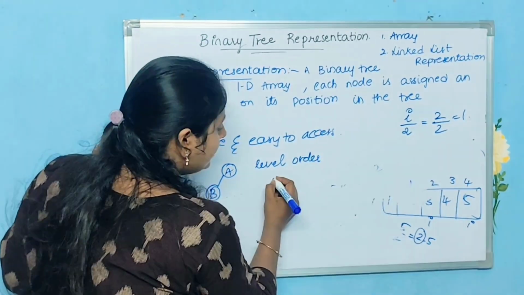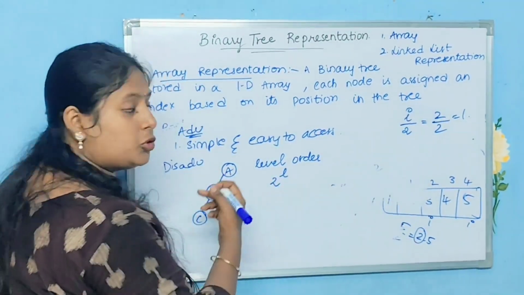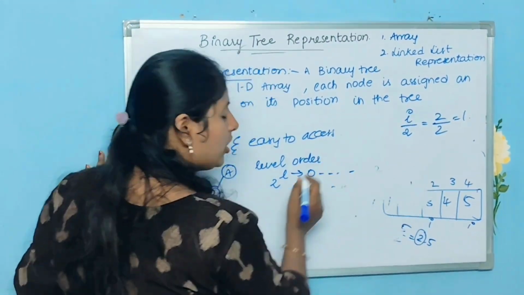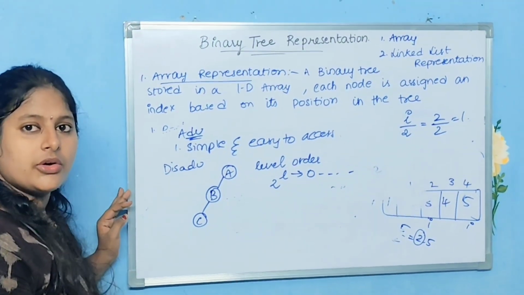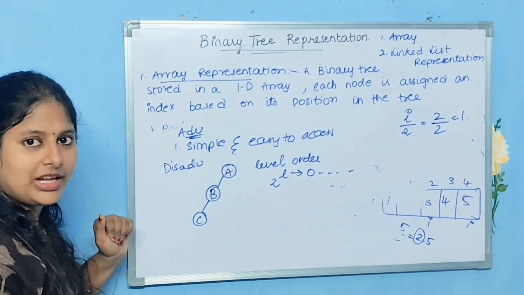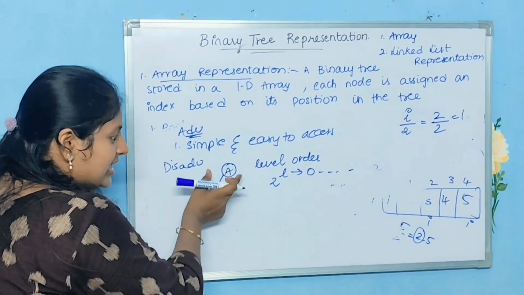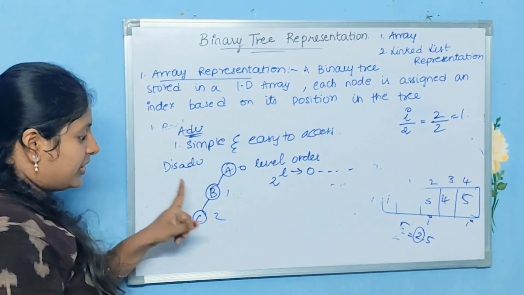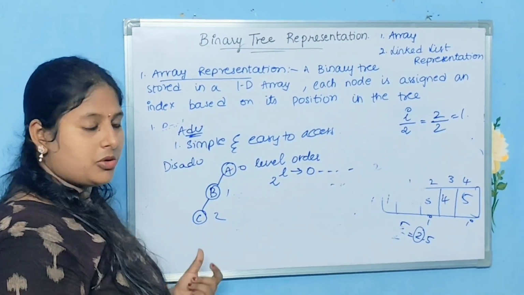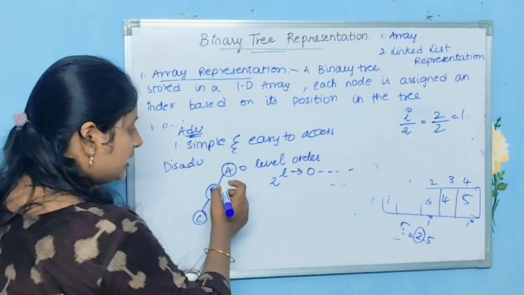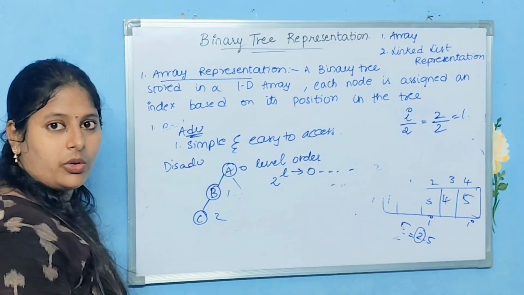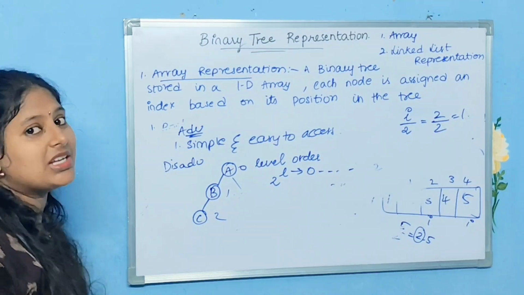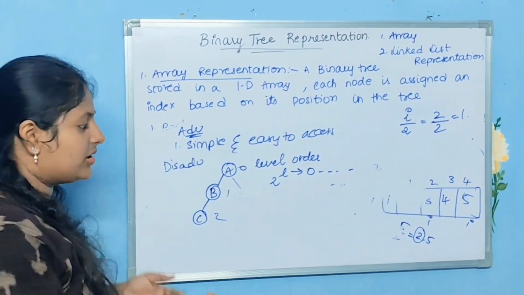So for finding the level order, you will follow 2 power n. It starts from 0 and goes on till the last level, right? So if I do it like this, this is the 0th level, then the first level, then the second level. In the first level, I should have the maximum number of nodes, 2 nodes, right? There should be one more node. Okay. So my memory will be allocated for this empty part also. That's a memory wastage, right?